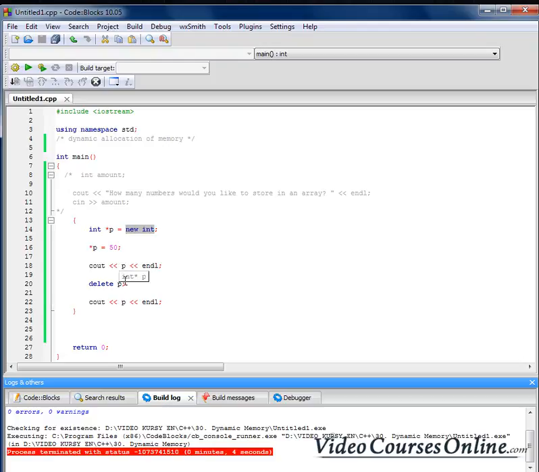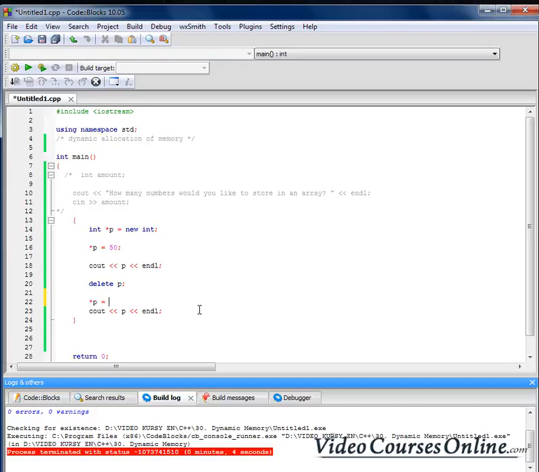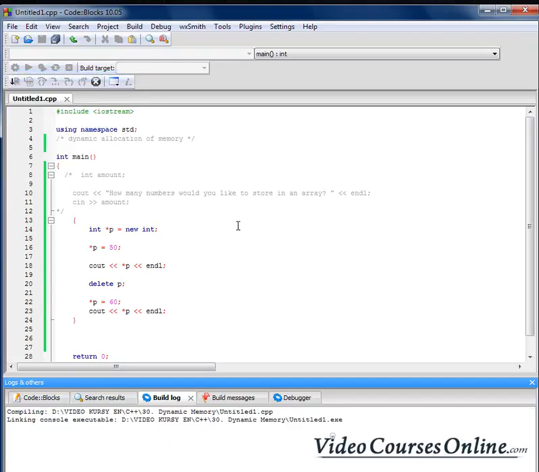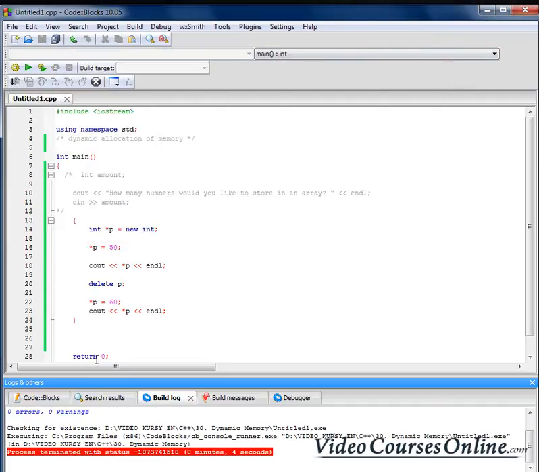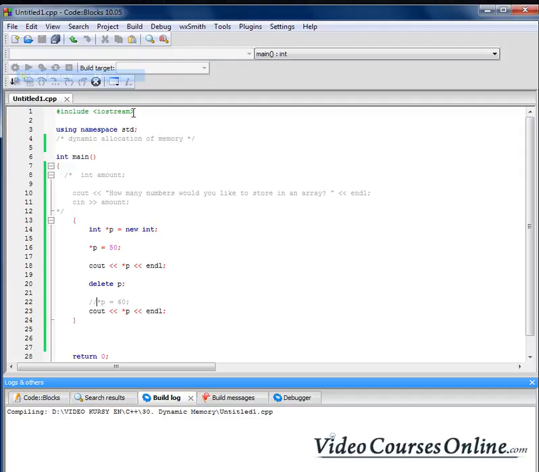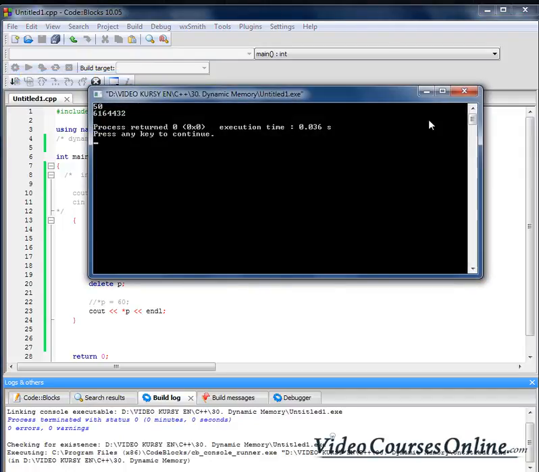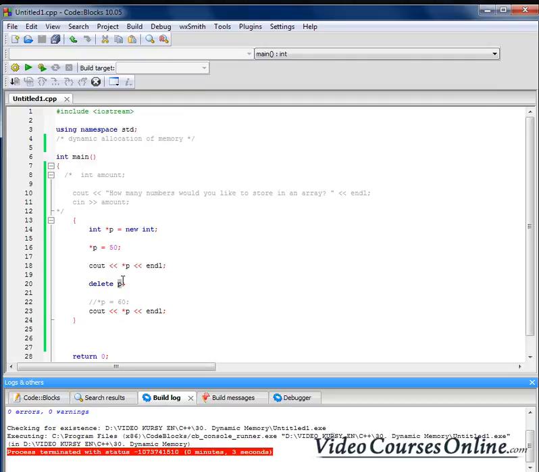But this place is not belonging to us anymore. It's not belonging to us. Because it's not belonging to us, we shouldn't change that value there because it's wrong. So when I do something like that here, of course, yeah, it will happen. I will change the value. But right now I'm changing value of a place that I shouldn't change. So, oh, that's bad thing here. As you can see, it's random value after deleting, right? Again, it can be used by other